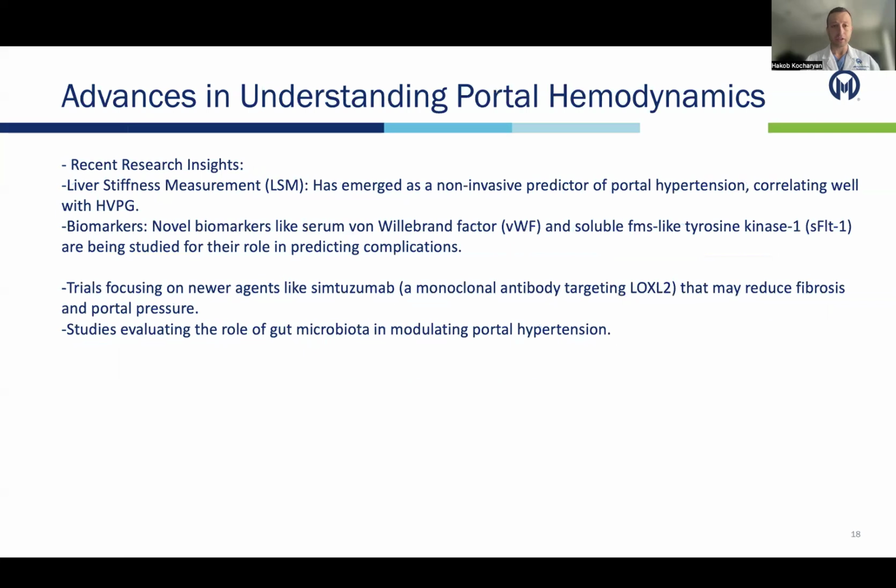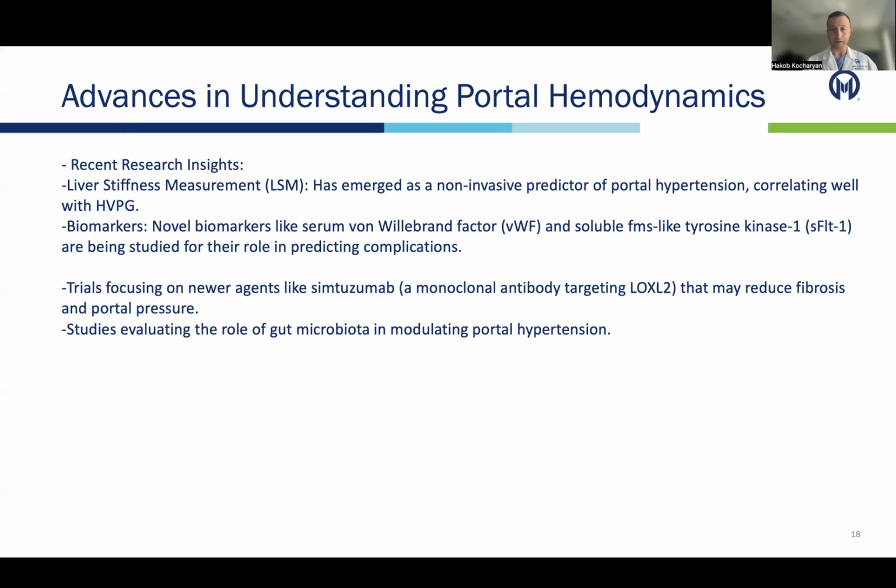With all this, there is still extensive research going on around diagnosis and management of portal hypertension. Liver stiffness measurement is an important one. Biomarkers are very important factors, getting into more utility for predicting cirrhotic complications. There are trials that focus on certain novel agents that reduce fibrosis and potentially improve the portal hypertension outcomes. And last but not least, intestinal microflora